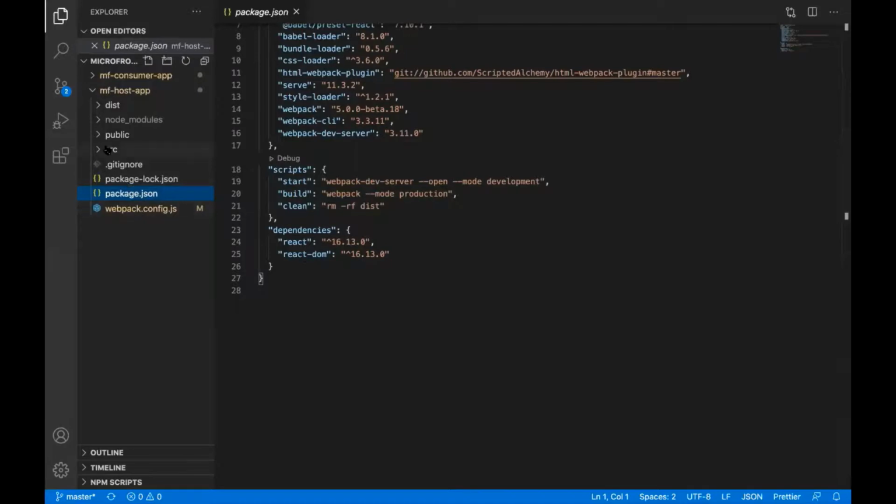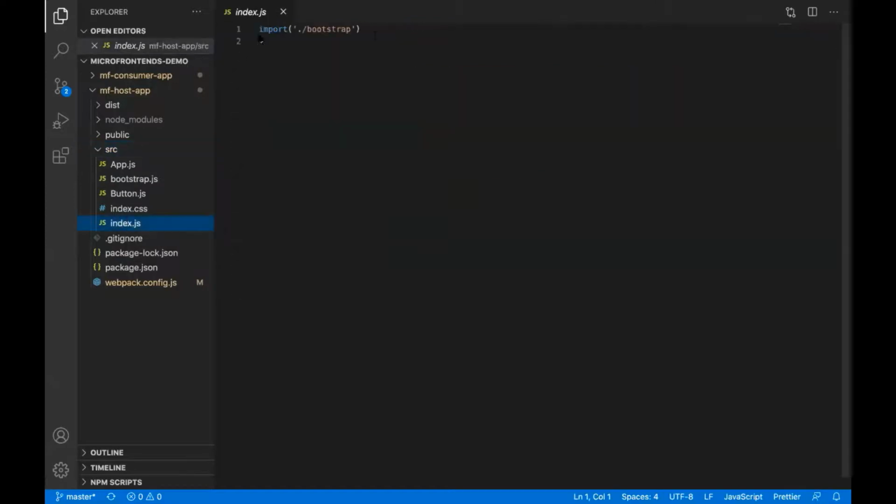Webpack we will go over later. In source, we have index.js, the initial entry for our application. Here we have a lazy loader or bootstrap loader, whatever you want to call it. The entry point is index.js, and that is going to lazily import the app, which gives some time so that if there is some external dependency, it will import properly.